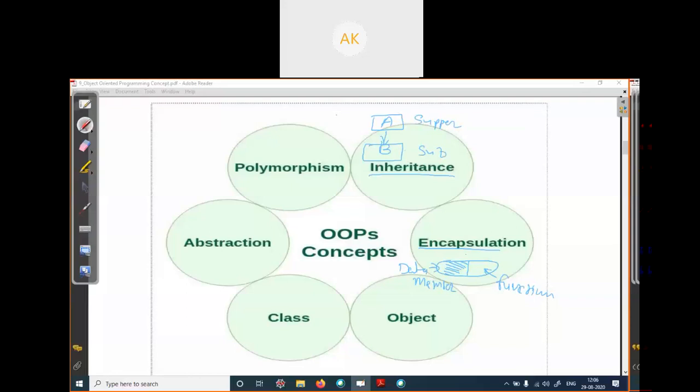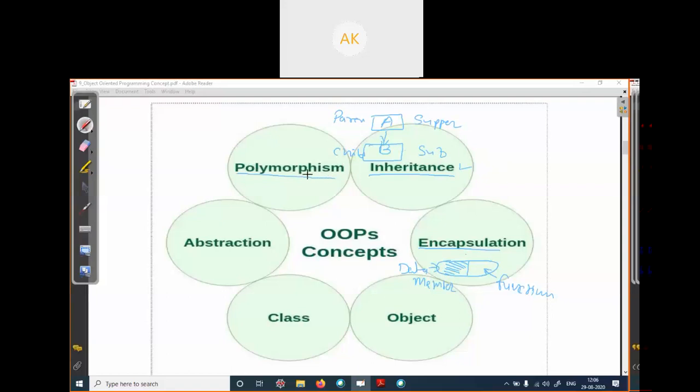Or we can say this is a parent class and this is a child class. As you know, what property your parents have, you will acquire. Means this class is acquiring the properties of the superclass. So this is the concept of inheritance, one class inheriting the properties of another class.